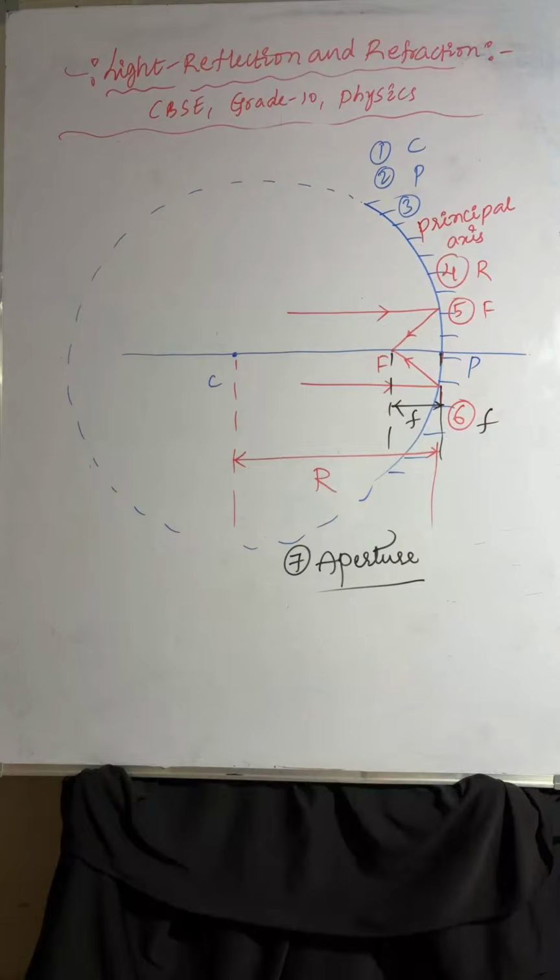The first one is the center of the imaginary sphere of which the mirror is a part, called the center of curvature. The midpoint of the mirror is called the pole. The line joining the center of curvature and pole is called